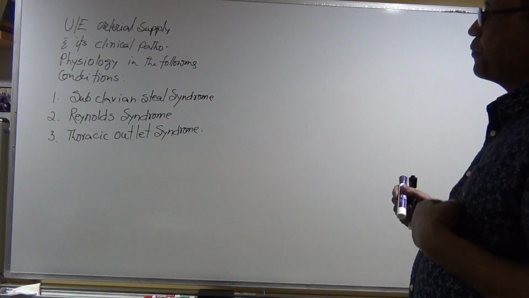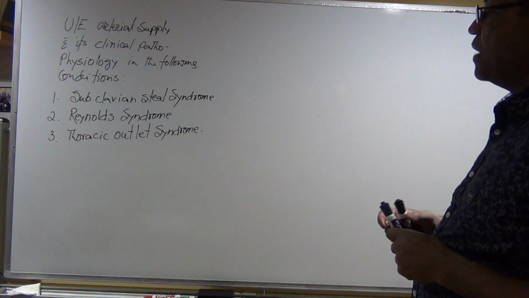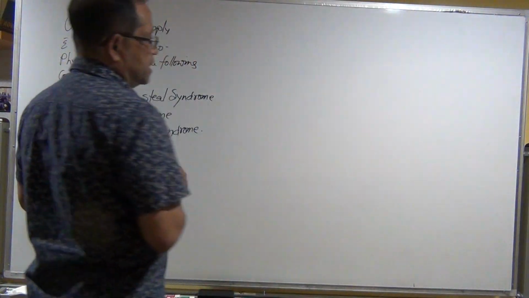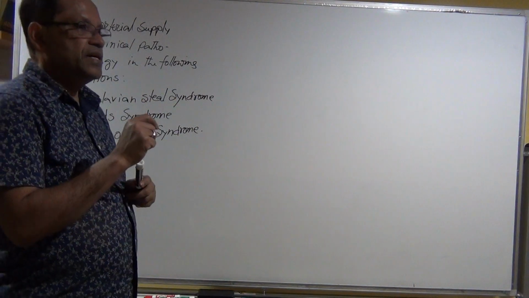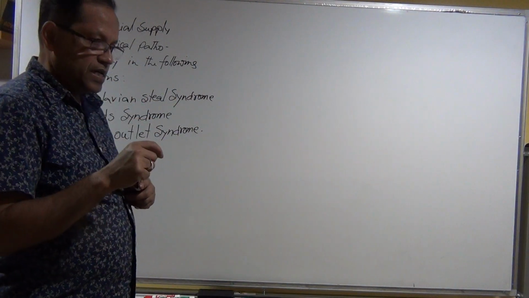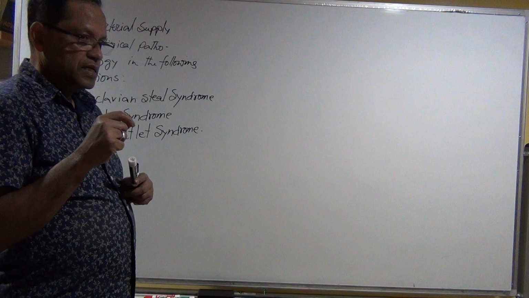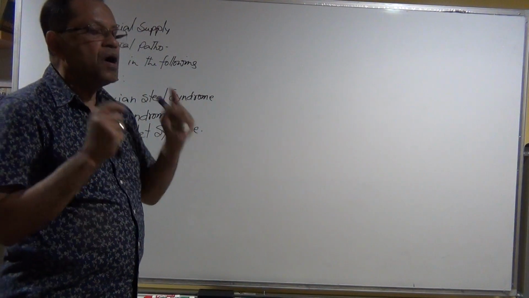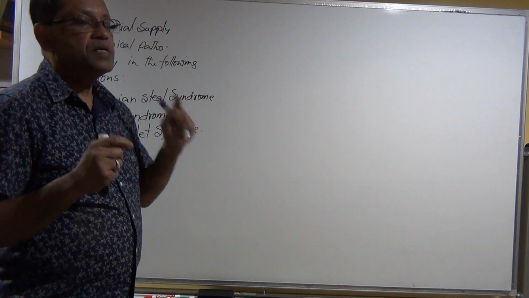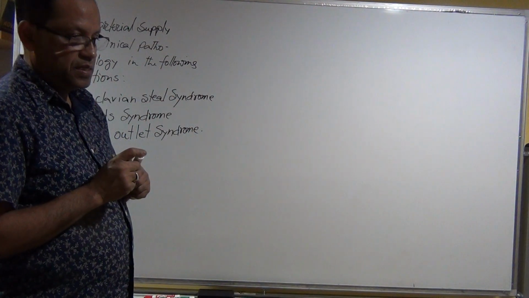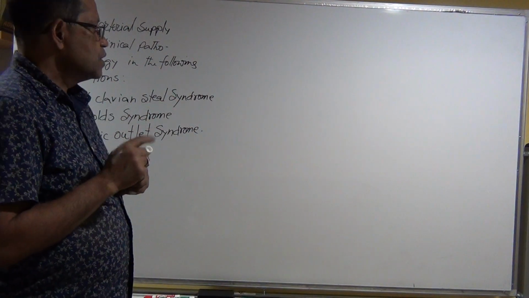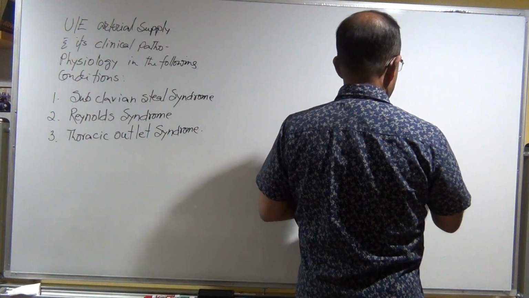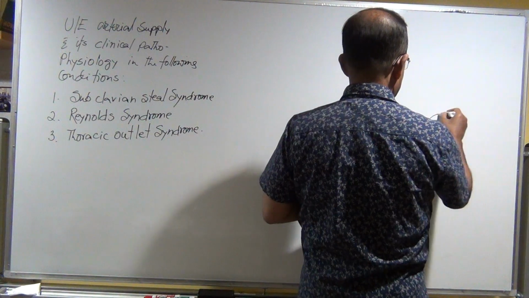And subclavian steal syndrome: first of all, I would like to give you the idea that it is a subclavian arterial disease, but the stealing is found in the vertebral artery. So if we draw the diagram again from the aortic arch,